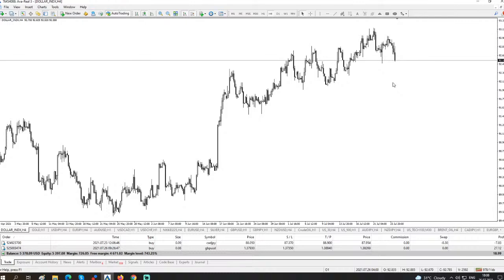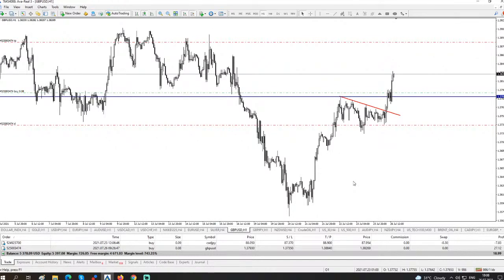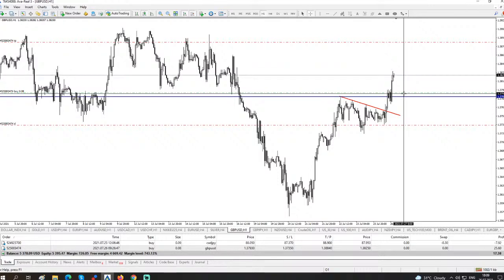It was somehow expected to drop, so that's why I wanted to be short on the US dollar today, and that's why I've sent you guys this signal today. And maybe if the price will continue to increase, then maybe we'll manage this position by moving our stop loss higher, but right now we'll keep the position as it is. And right now we are here in profit, guys,